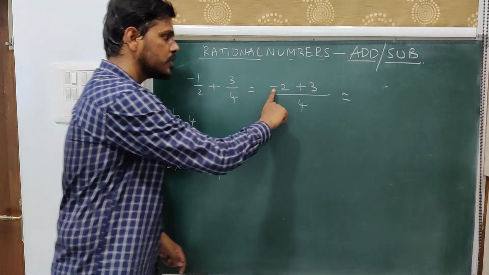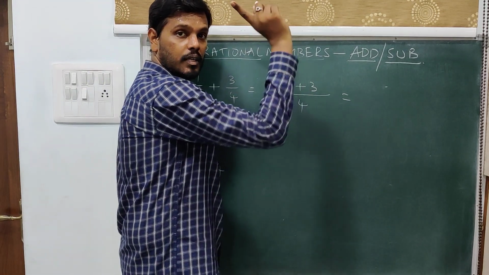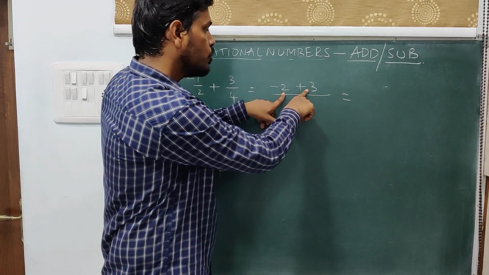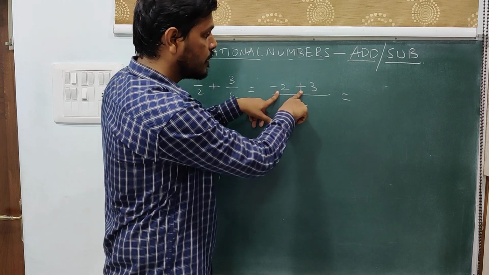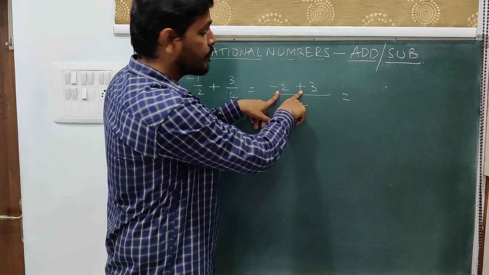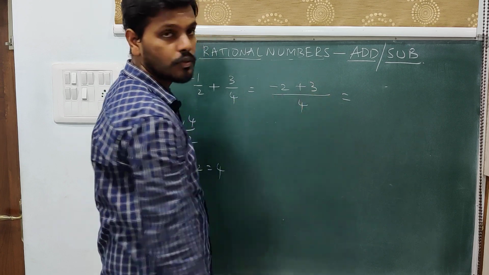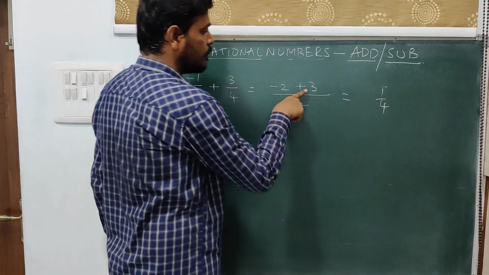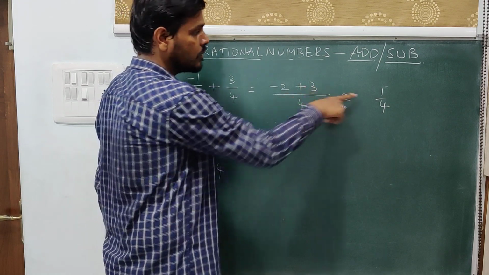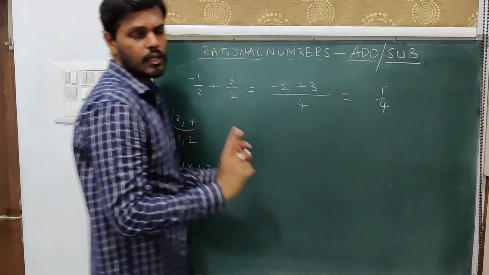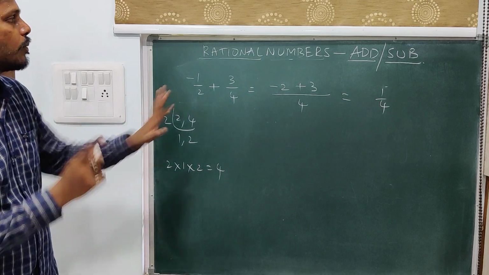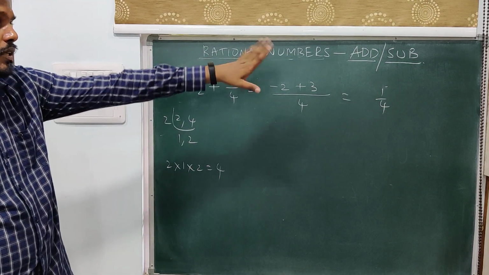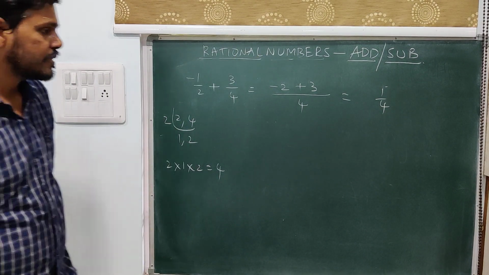Now look here. Now this is the normal integer operation which you have done in your earlier class. Now these are two numbers of different signs. When there are numbers of different signs, you will subtract. So subtract 3 and 2. When you subtract 3 and 2, you will get 1. And the biggest number is 3, sign is plus, so you will have plus 1 by 4. Now this is the same rule that applies for all the problems on rational numbers, addition and subtraction. We will go with some more examples as well.